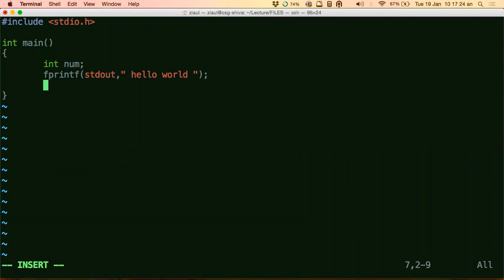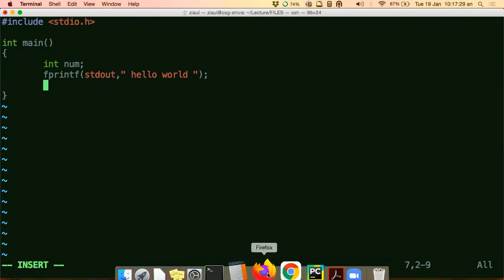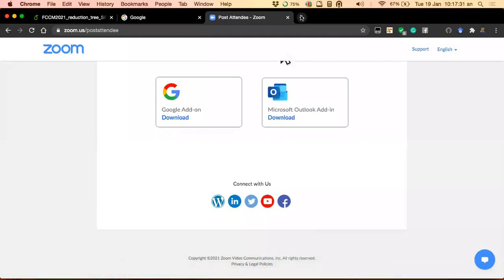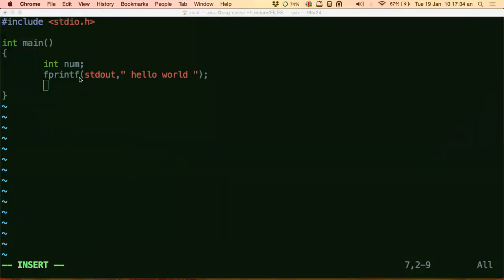I think it doesn't change. You could actually search it online. What is the value of stdout? I mean, what is the ID for stdout? You will get a value. I think it's some value which I don't know, and you don't have to know that value. No one is going to ask you what the value of stdout is. It's just an ID, an identifier. Okay, so let's come to standard input now. What is your standard input? Most of the time, your standard input is your keyboard. Always, in fact, always.